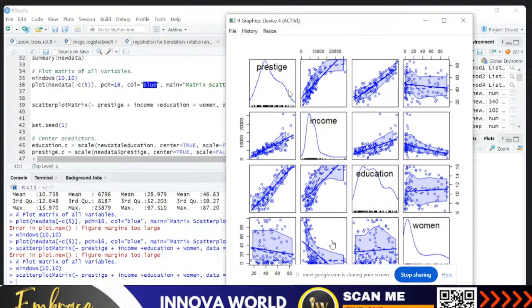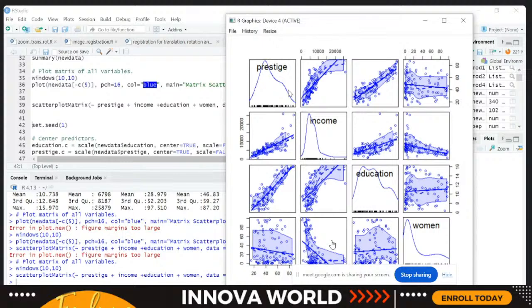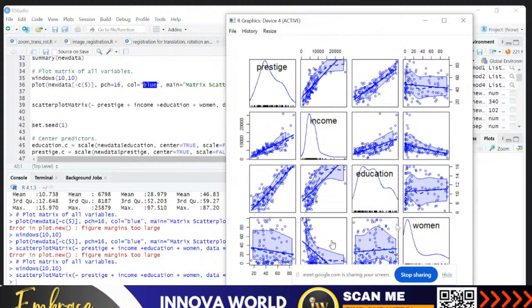We want to check whether the error in the response variable, after explaining the data with these predictor variables, the remainder part, is normal or not. Here we can see the predictors are nowhere near normal. If they were close to normal, it would be close to a bell-shaped curve. But you can see the prestige variable, income variable, women, education, no variable is normal. Okay,